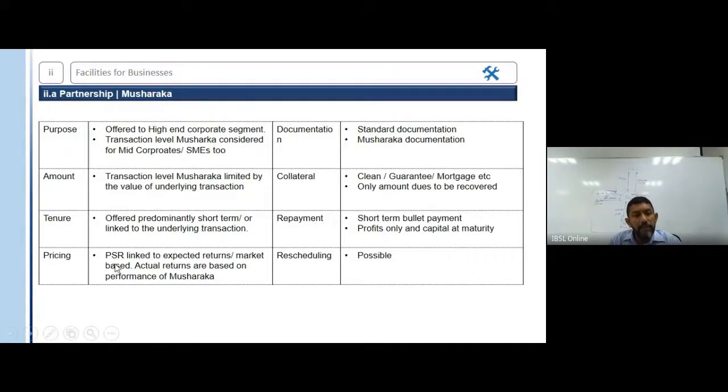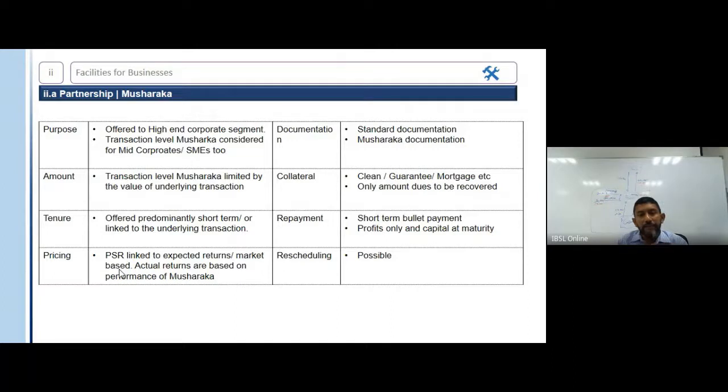Profit pricing is based on PSR. PSR stands for profit sharing ratio, linked to expected returns. We will discuss that a little more. And it's market based. So if the bank has a facility for AAA customers, a 1 year facility of 6% returns, that will be benchmarked to the PSR. PSR will be in a 50-50 or 60-40 ratio, but the bank's expected return will be in a percentage,